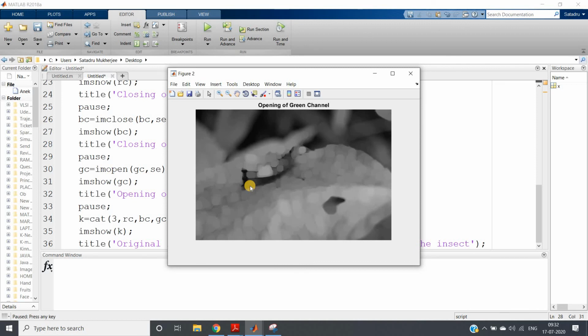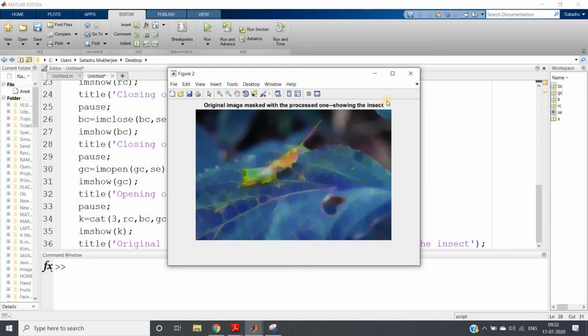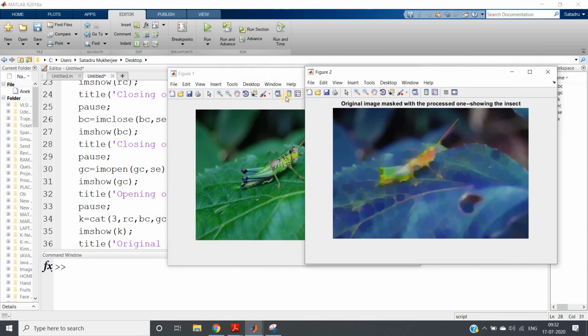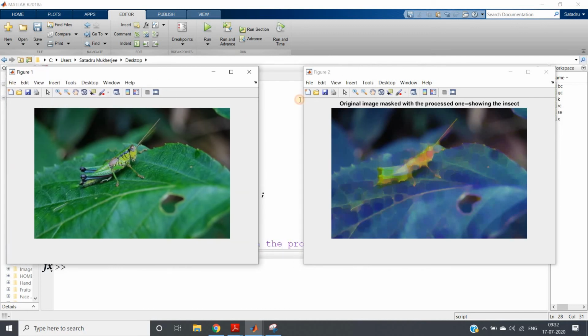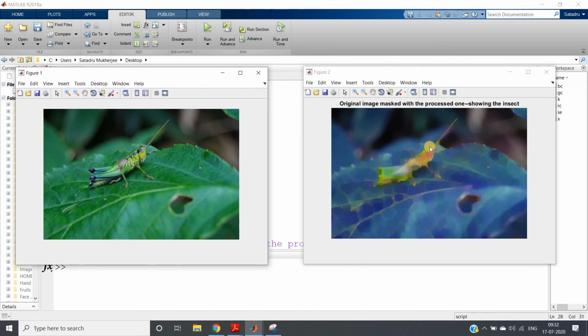Now if you just check our concatenated output, see how beautifully one kind of pink color our grasshopper is getting, whereas our background is perfectly having a good difference between our original grasshopper object and the leaf, right? So this is how you can apply morphological operation in case of color image. This is also called color morphology. Okay, whatever name you give does not matter, but the concept matters, because concept is power.